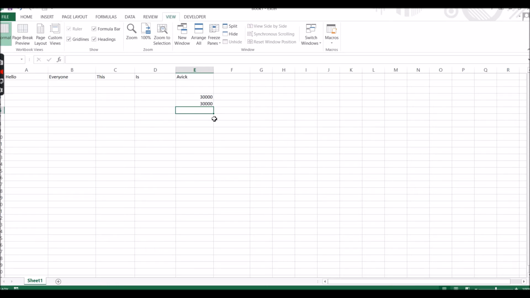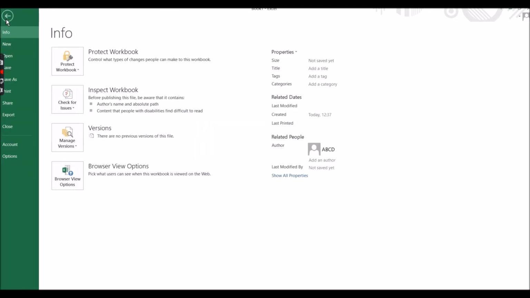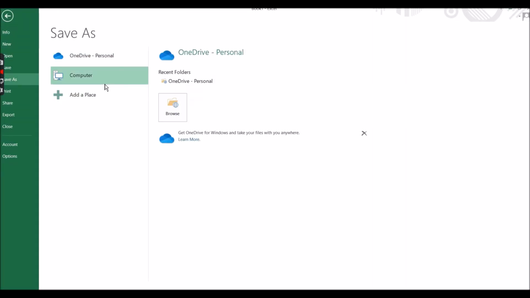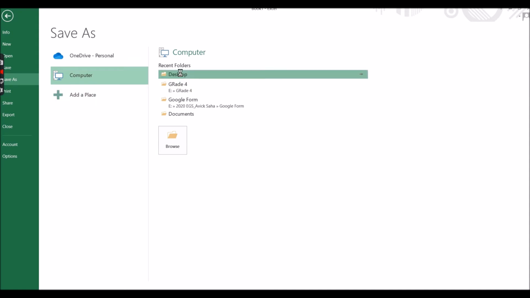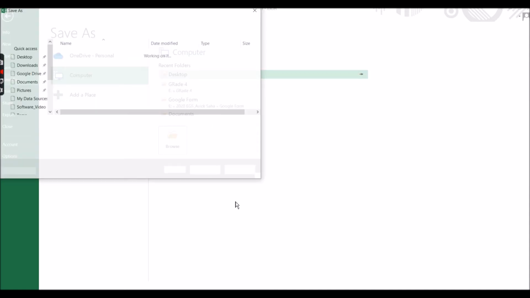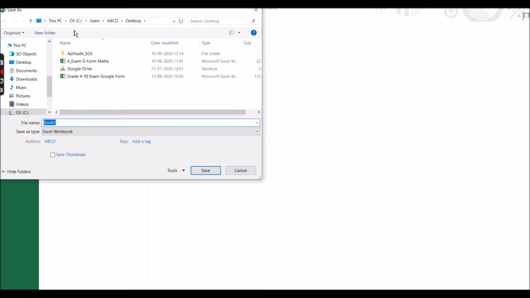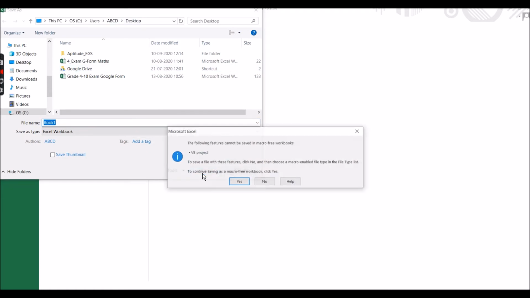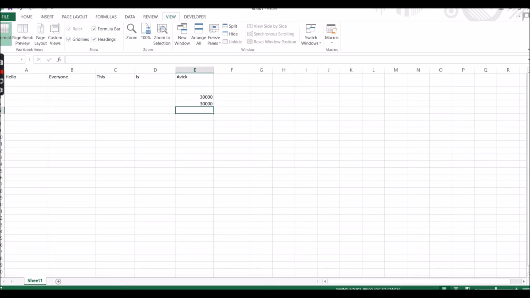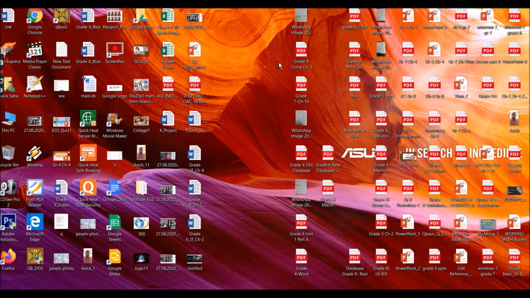Okay. Now again there are many more processes I will show you. First of all, how to save. You can go ahead with this one, Save As. After that, on my computer, on the desktop, you can save this file on the desktop only as Book1. You can see that a macro has been saved. Now if you close it, you can see it is coming here. Now I know it is Book1, so I can delete it also. Shift Delete will permanently delete it.